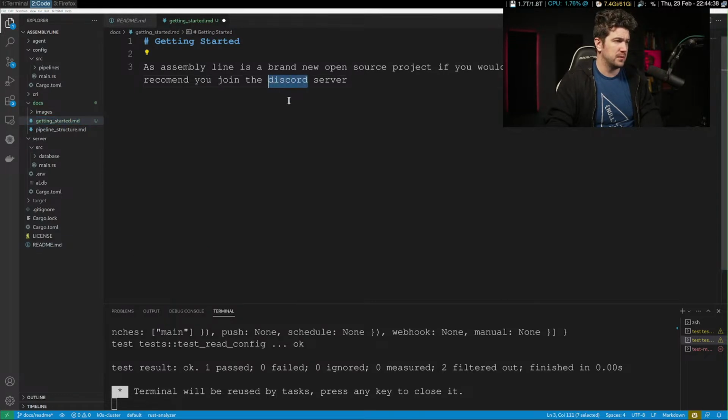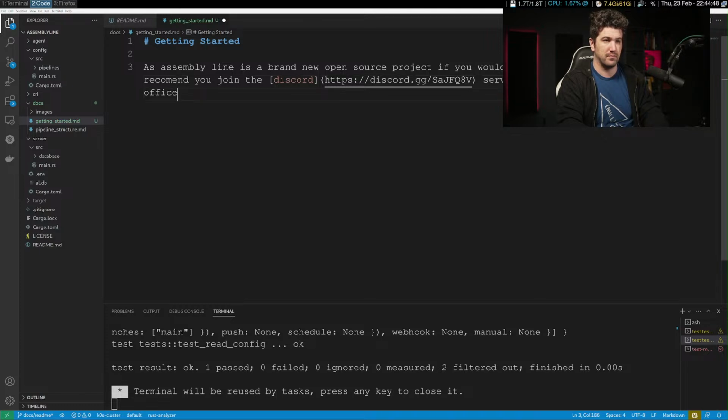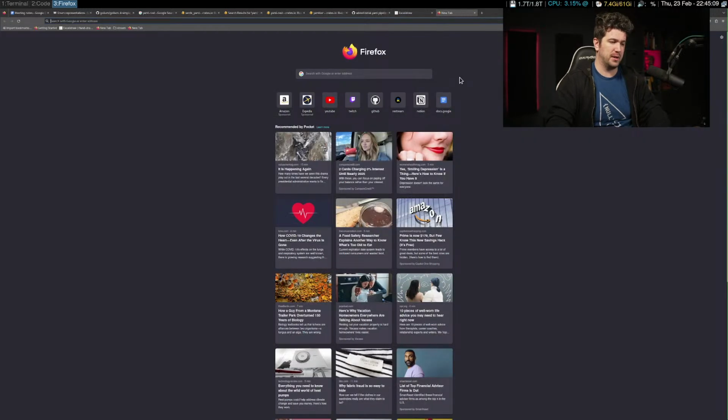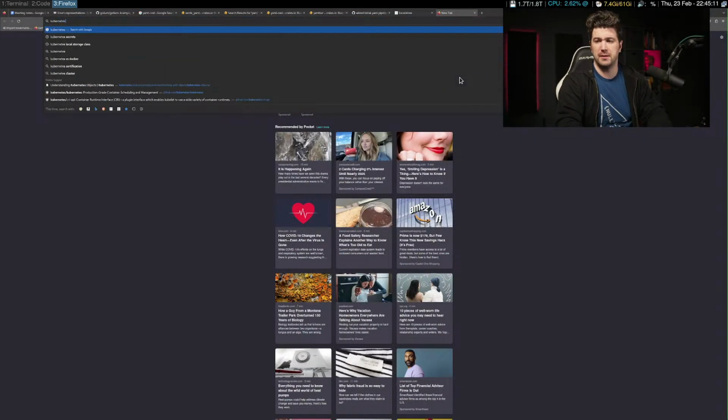Beautiful. I do believe this is actually described. Let's see. Kubernetes. What is it called?